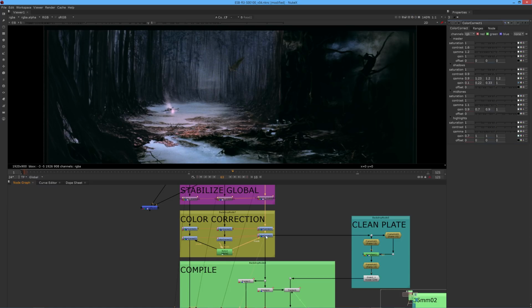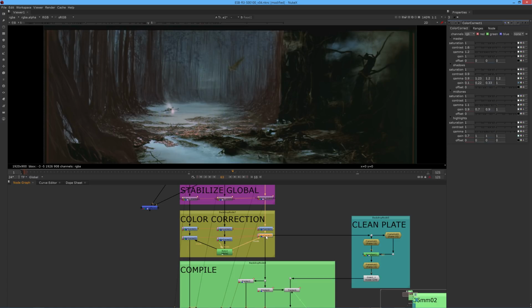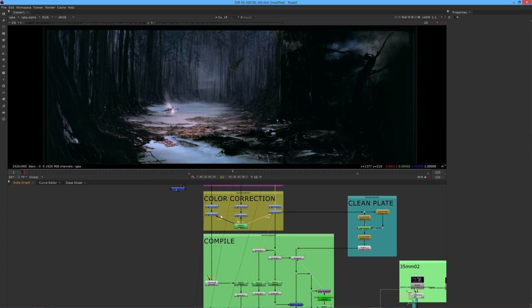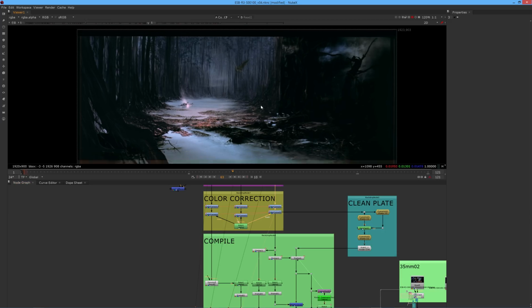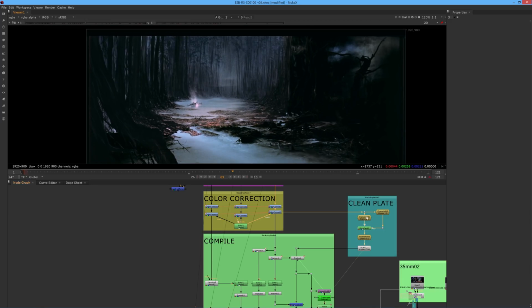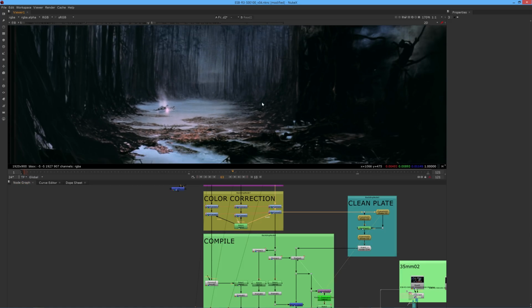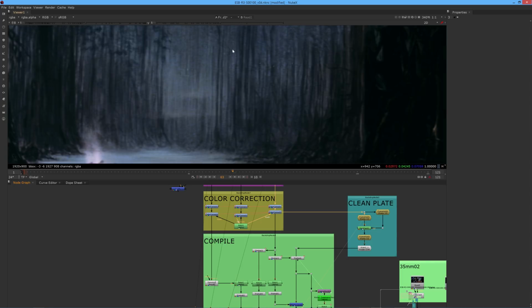Here's the secondary color correction to get a little bit more detail out. It's very subtle. So this is before and after color correction. Now the next thing I did was create a clean plate. To do this, I used two different frames because, like I said, there was still some dirt left even in the most cleaned version, like